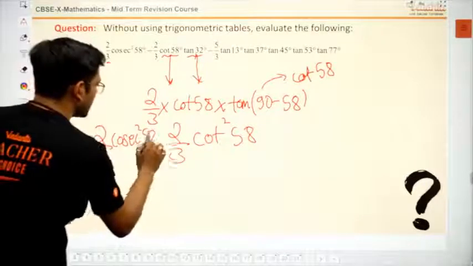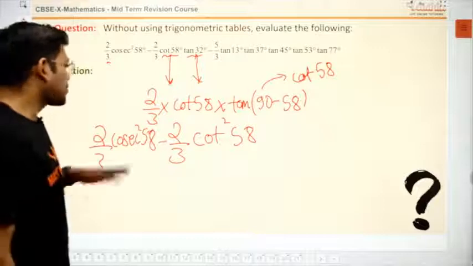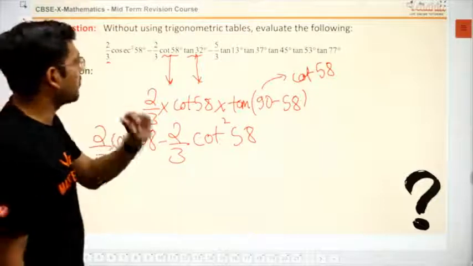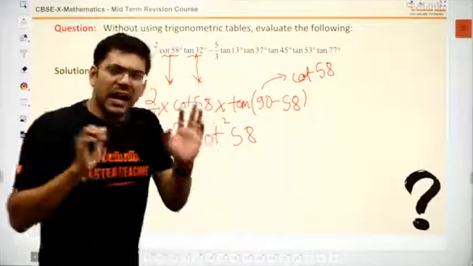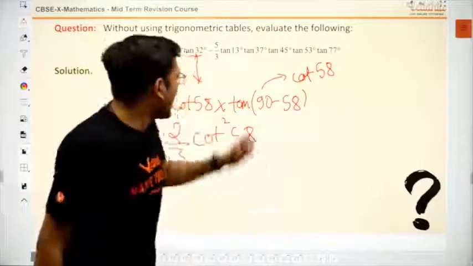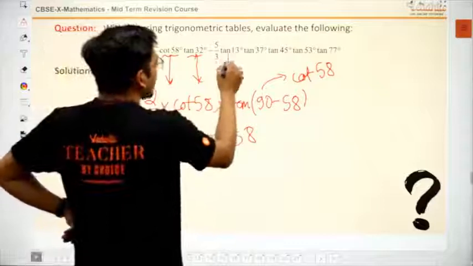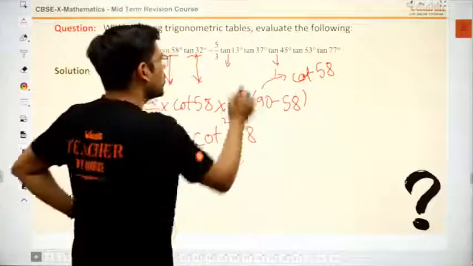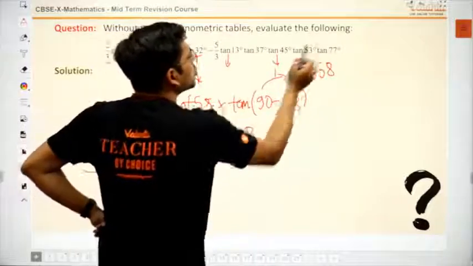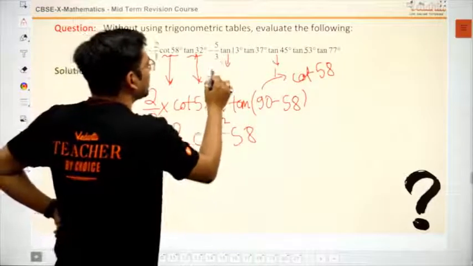Now see, this is 58, this is minus cosec square 58 minus cot square 58. We got a formula from this. I'll show you how. Now, I won't solve it here. I have already told you that you can transform half. See, again this tan 45 will be 1. So you have to transform either these two or these two. I'll transform this and you will write it.